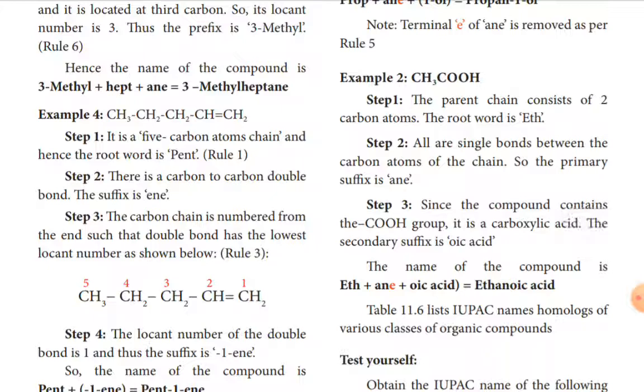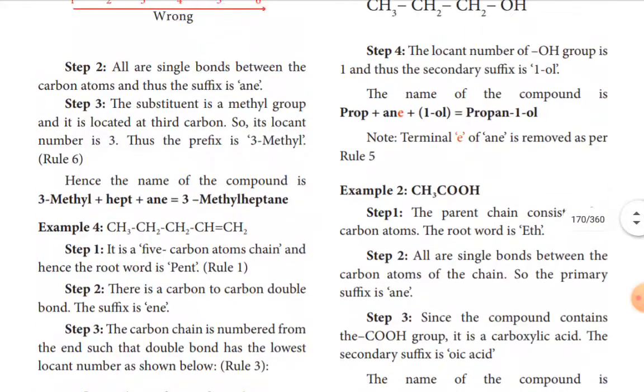So my dear students, you have to understand, first we have to identify the longest chain of carbon atoms to find out the root word. Second, number the carbon atoms based on the substituent or functional group. If both a substituent and a functional group are present, we have to give priority to the functional group. Then if double bonds or triple bonds are present, the carbon containing the double bond or triple bond should get the lowest possible number. In such a way we have to number the carbon skeleton. So this is the basic method to write the IUPAC name